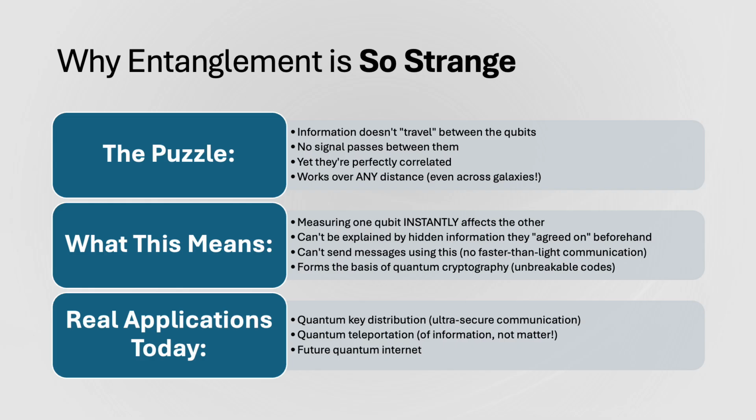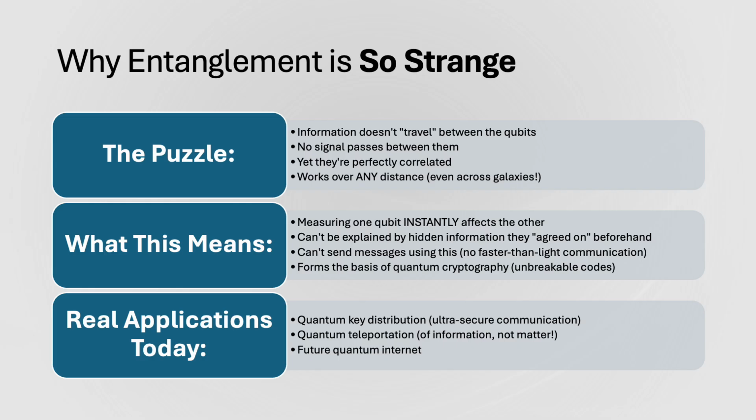So another puzzle is how the qubits know what to do. If there is no signal passing between them, how does the second qubit know to become 0 when the first is measured to 0? The answer challenges our intuitions about reality itself. Because before measurement, the two qubits don't have definite individual states. The entangled pair forms a single quantum system described by one wave function. When you measure one qubit, you're really measuring the entire system, and this measurement collapses the whole wave function, not just the part near you.